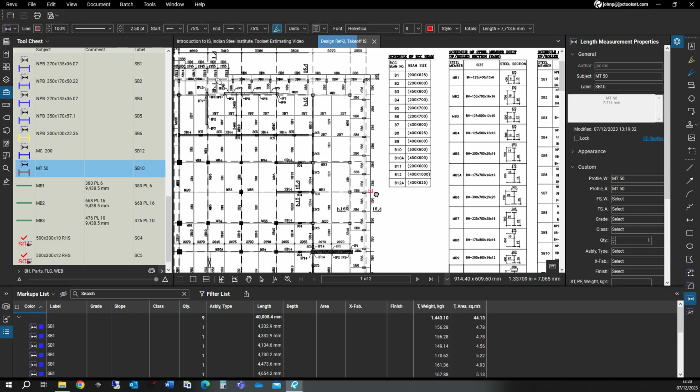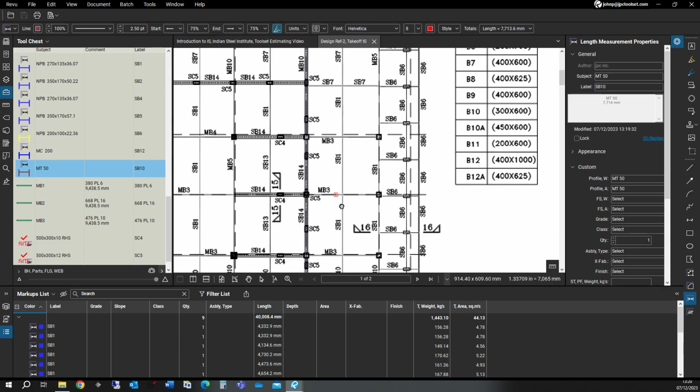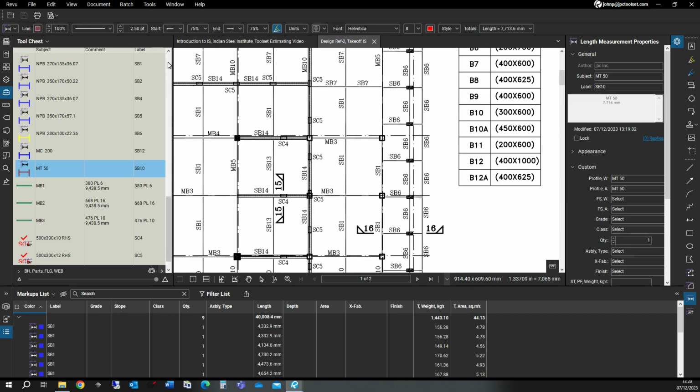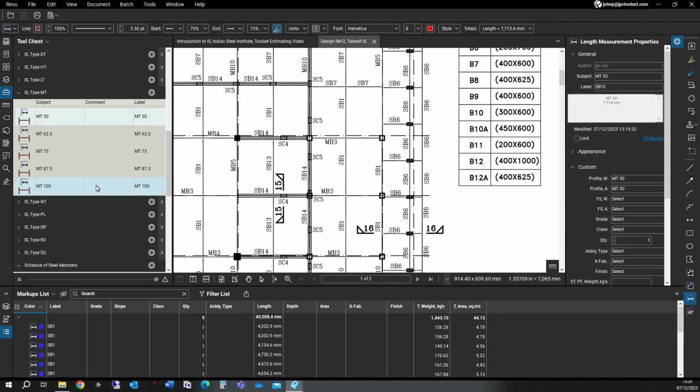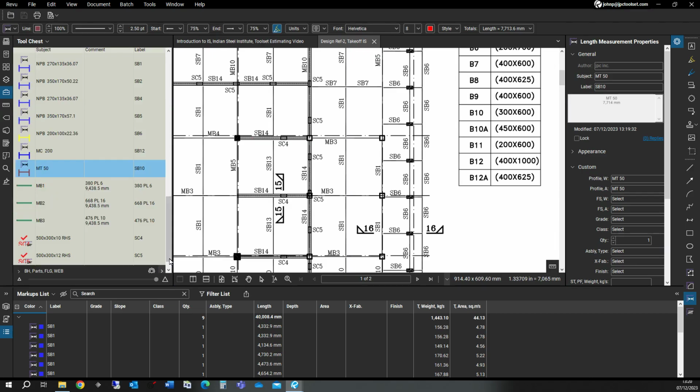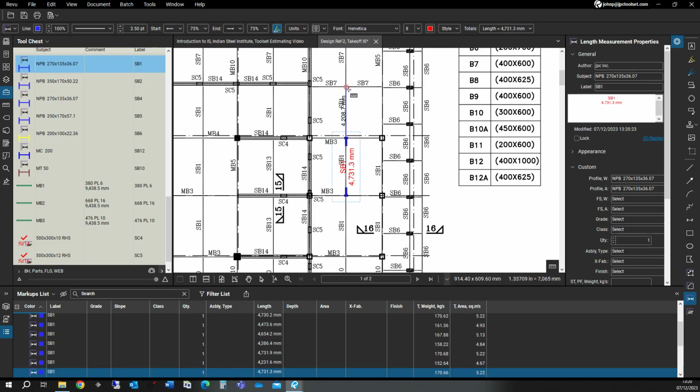So once you start doing your takeoff and you see your SB1, instead of having to look within all these tool sets, you have a tool set that you created for this job specifically. So it's going to be less time consuming for you. So let's do a few SB1s. SB1, here it is. So we're going to start here. And as we're moving along,